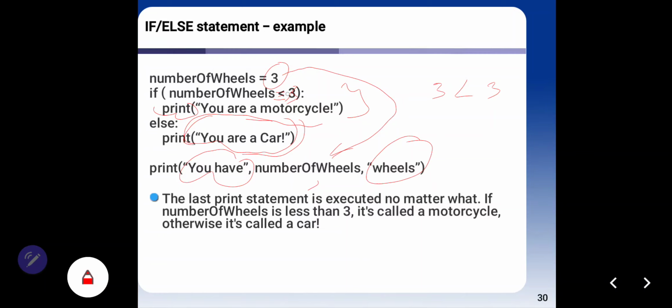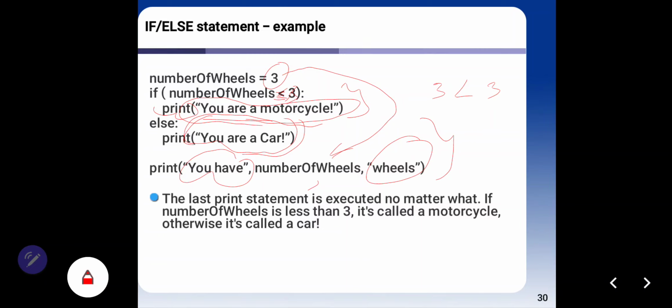Because here we write less than 3, you cannot see this print statement. The last print statement is executed no matter what. So you can see two results: you are a car and you have 3 wheels.